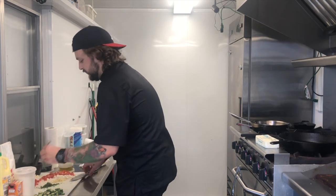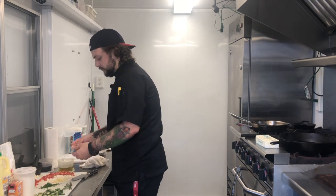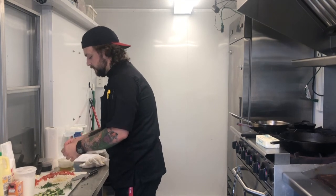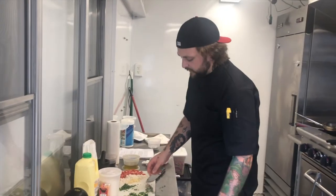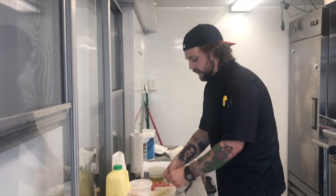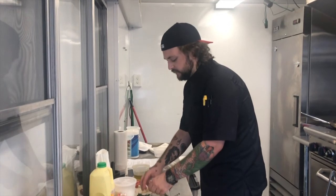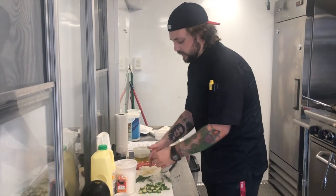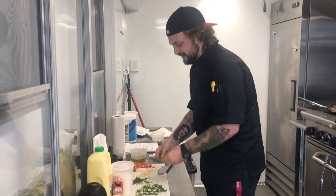Next, we're going to destem our thyme. And this is a trick I learned in Manhattan, at the last restaurant I worked at before Dreyer's. Every single day when we came in, we had a lineup at, I believe, 3 o'clock. We talked about how many covers we had to do that night, what our specials were, what our family meal was going to be. We all just stood around and had a nice conversation. We had a nice family atmosphere there. And the entire time of lineup, we talked about having too much time on our hands. Get it? Time? Anyway,